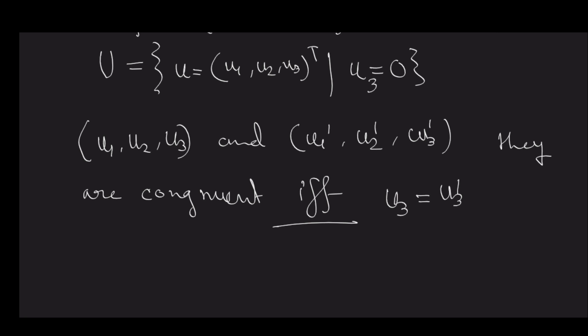Basically you are talking about the plane, right? You have three dimensions, you can consider U1 and U2 as your x and y, and U3 is z, and you are fixing that z point, then